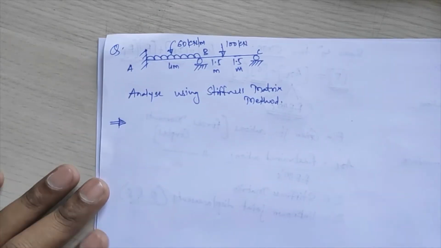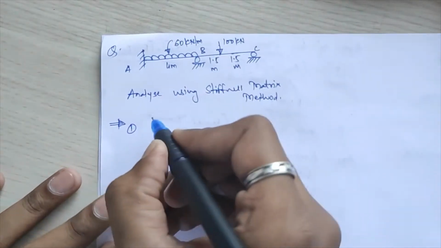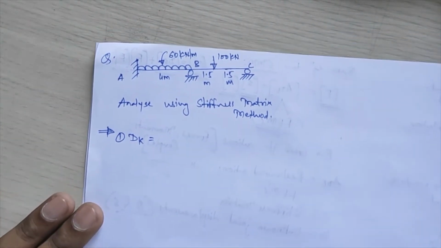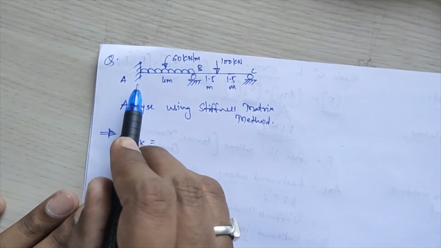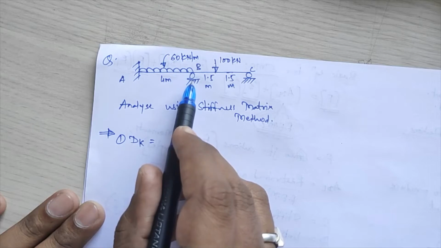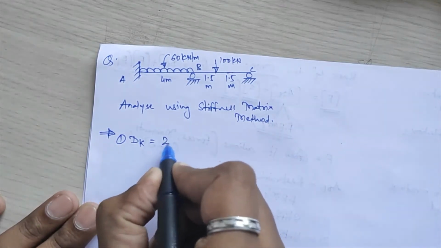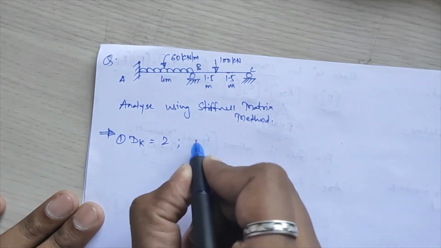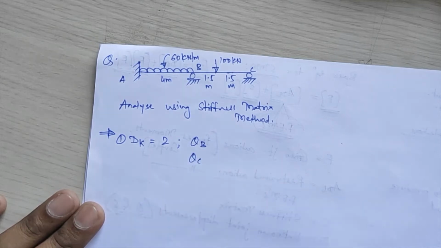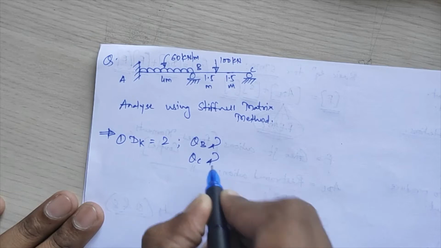Now it is a displacement method. So first step, that will be what? You have to calculate the value of dk here. So first step will be calculation of degree of kinematic indeterminacy. Now you see degree of kinematic indeterminacy at A joint it will be 0 because it is fixed. At B joint it is simple support, so 1 dk will be here, that is theta B, and 1 dk at point C. So here total dk value will be equal to 2, and those are theta B and second is your theta C over here. Okay, both I'll assume in the clockwise direction.